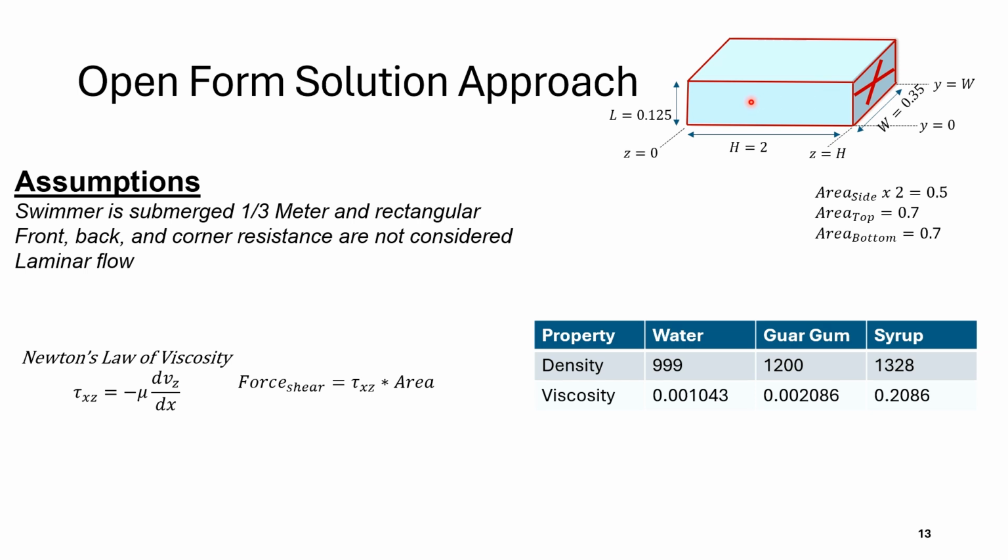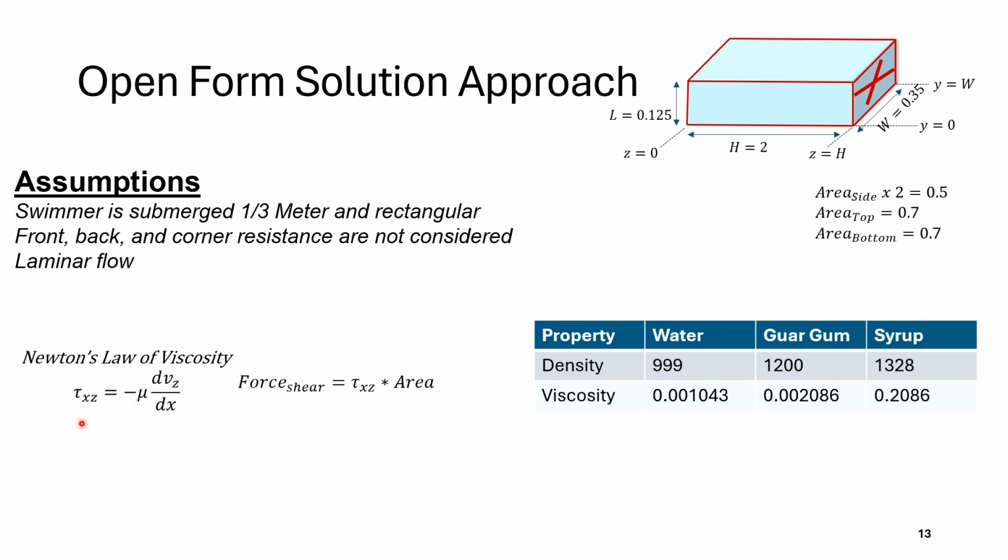top will interact with the shear stress on the sides of the body, as well as we're neglecting this front and the back, this pressure of the swimmer swimming forward. We're just going to assume these are canceling out. We want to keep this in the laminar flow regime, and we're holding the previous assumptions where this is a Newtonian fluid. Here we already have calculated the areas for the sides of this swimmer, because when we calculate the